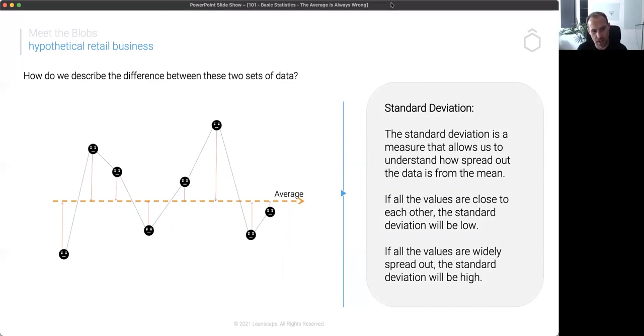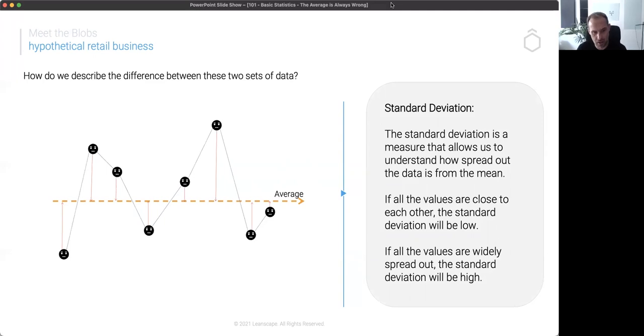We want to understand that if they are a long way away from the mean, we're obviously going to have a very high, what we call standard deviation. We'll have lots of variation within our data. If that number is low, then obviously the variation within our data is going to be a lot less, and it's going to be much, much tighter. So when we're talking about the standard deviation,